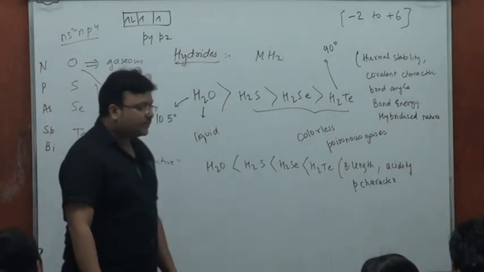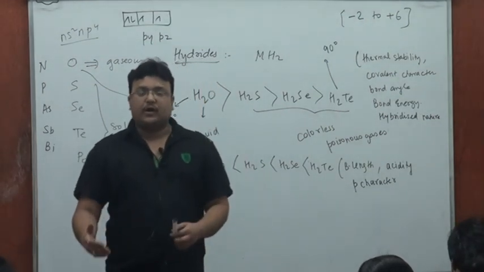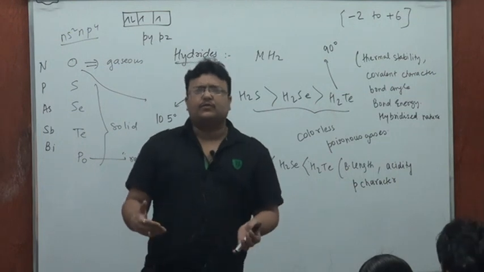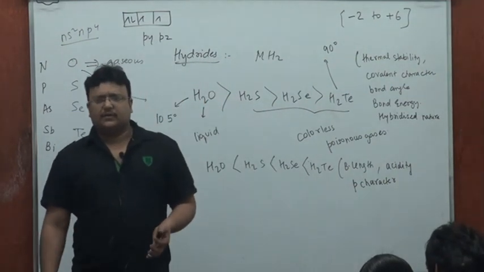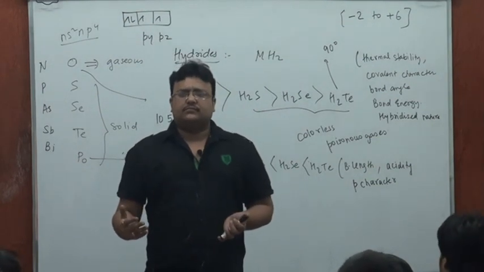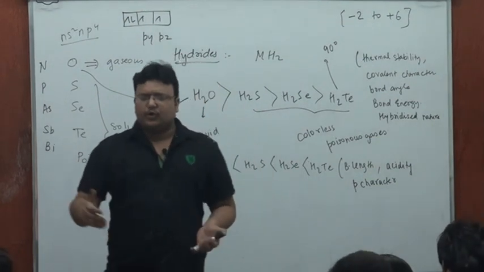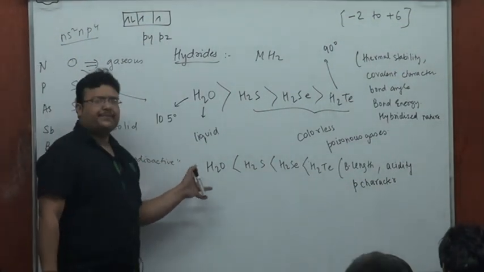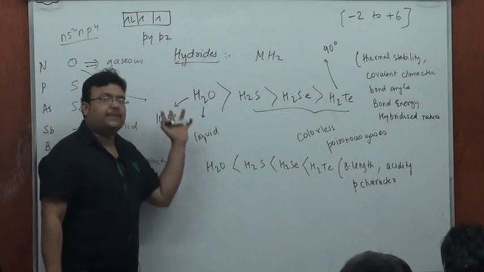I repeat, the rule is, for a compound, if the bond angle is more towards the expected bond angle, using hybridization you say more hybridized character of the bonds. And if it's more about pure p overlap, you say more p character in those bonds. So this might well be the order of p character, this might well be the order of hybridized character.